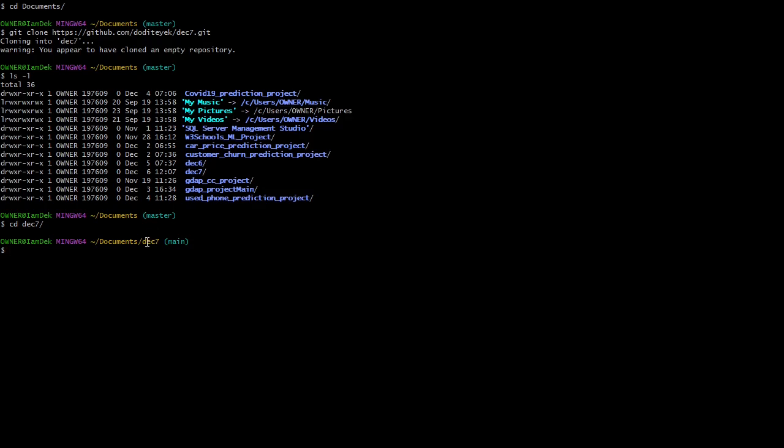Okay, good. Let's check if it contains any files or subdirectories. So we type ls -l, you hit enter. Now let's try and create a simple file. To create a simple file, you can type touch. This is the command you have to use if you want to create any file. So I want to create a file called